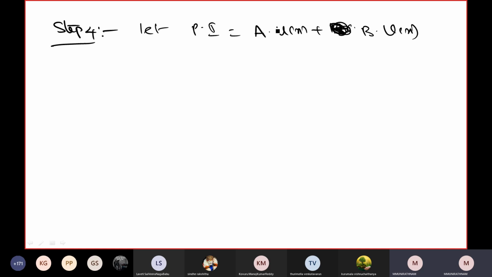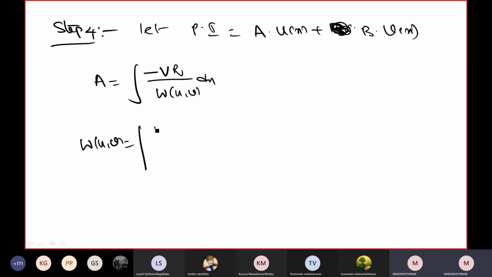B into V of x. Okay, so what is A here? Integral of minus V into R by Wronskian of U comma V into dx. So what is the Wronskian of U comma V? Anyone? What is the Wronskian of U comma V? That is nothing but